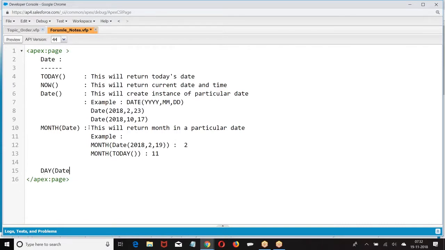And day of date. So these are predefined functions.